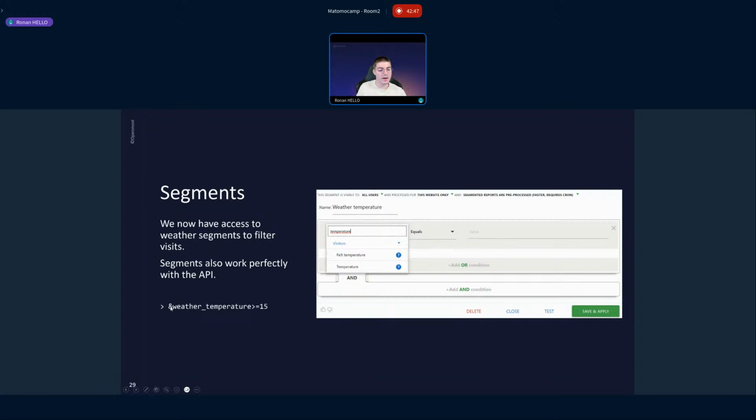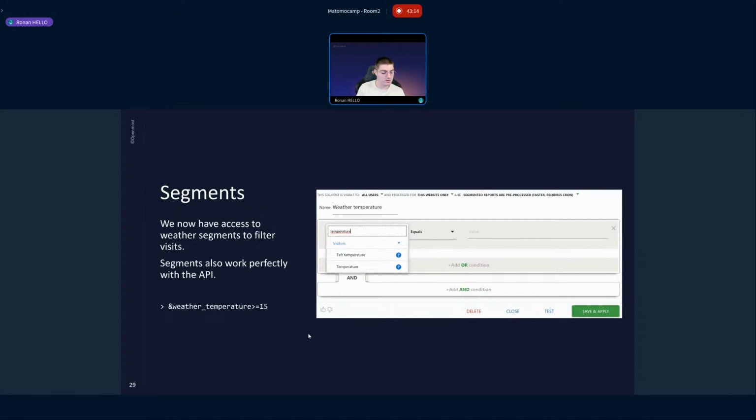If you want to work with the API, you just have to add weather_temperature superior or equal to 2050, the value you want to provide in order to make the API work with segments. There is no other way of interacting with the data. Something is actually missing in this plugin: you can't bring weather reports to the dashboard.